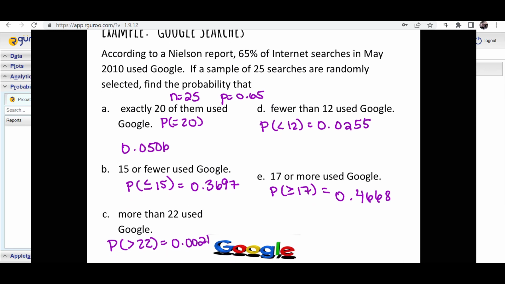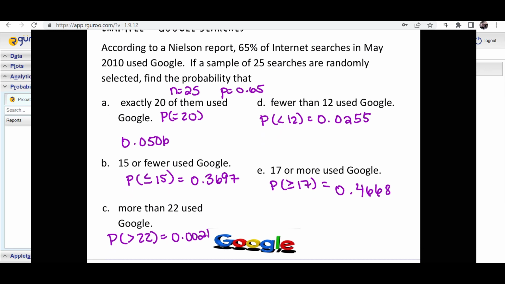All right, so for these, the number of trials was 25. The probability of success is 0.65. So fixed number of trials, 2 outcomes. The outcomes are they either used Google or they didn't. Probability of success was 0.65, and the probability is the same, and the trials are independent. So n is 25, p is 0.65. You'd put those in the calculator, and then you would do equal to 20 for this one, and you get